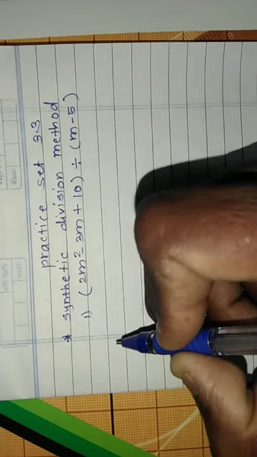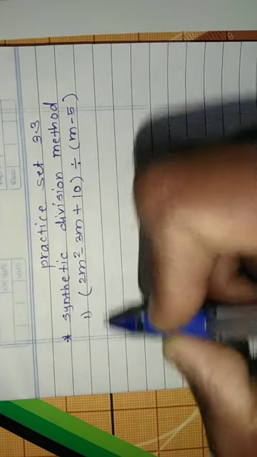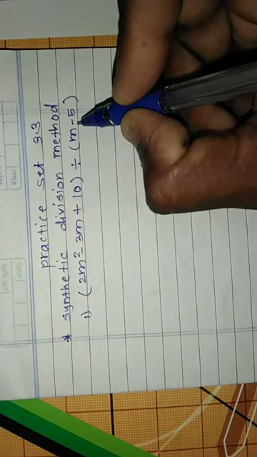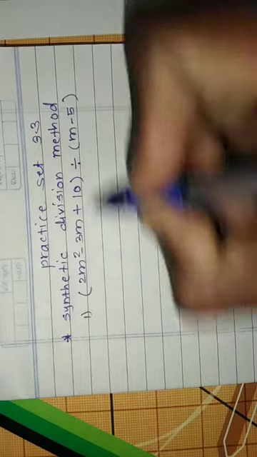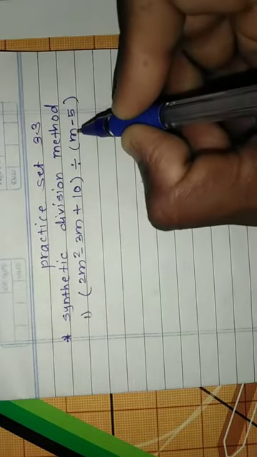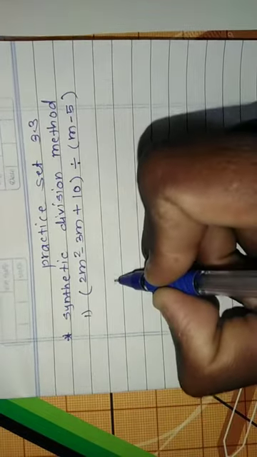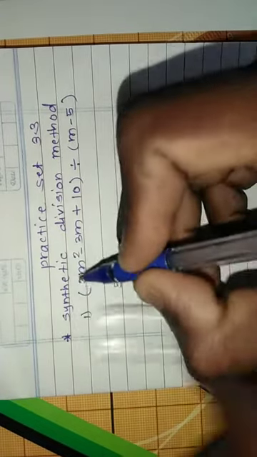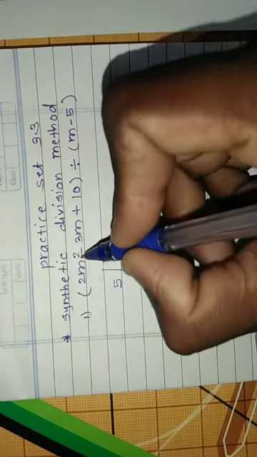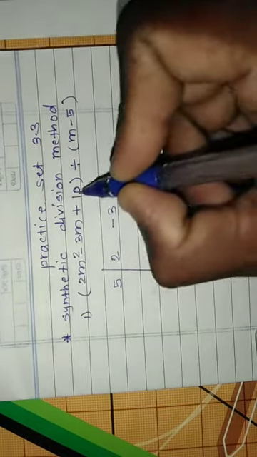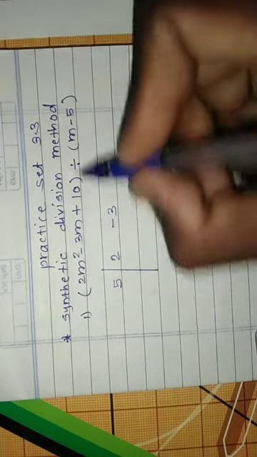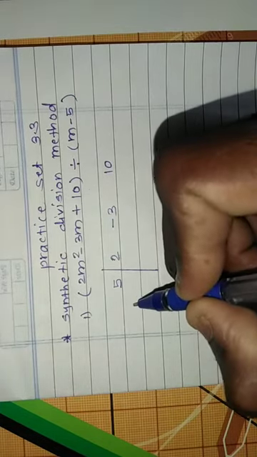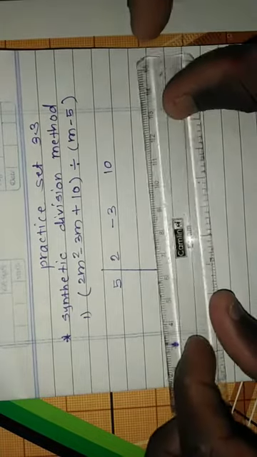So first of all, students, we have to write only the coefficients from the given polynomial. If you see, the divisor here is m minus 5. So at the time of solving by synthetic division method you have to take plus 5, means draw it this way, here is plus 5. Then write the coefficients: 2, then minus 3 and 10. We divide this polynomial by m minus 5, but instead of minus 5 we are using plus 5. This is your first step.